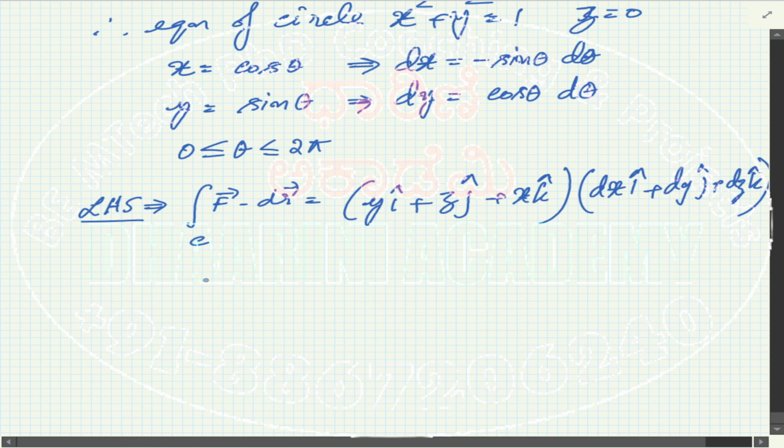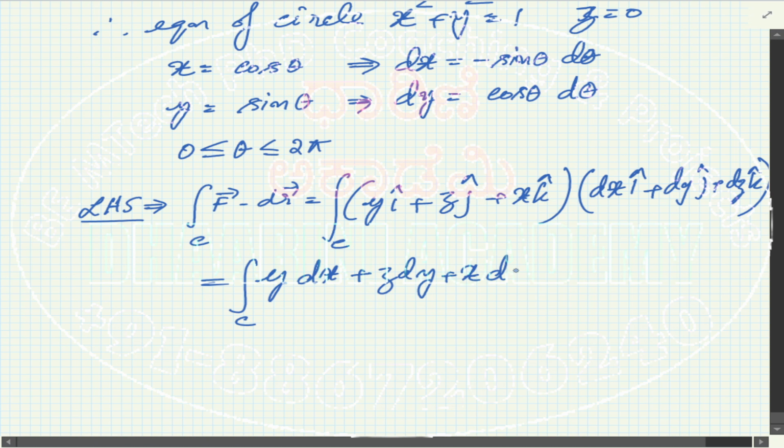Multiplying, i into i gives y dx. There is an integral outside, so we cannot miss that. So this is integral over C of y dx plus z dy